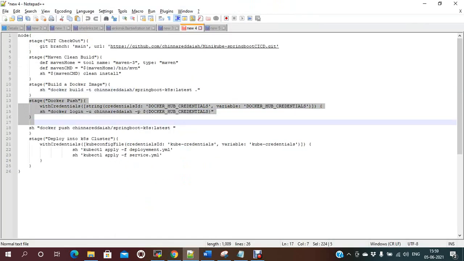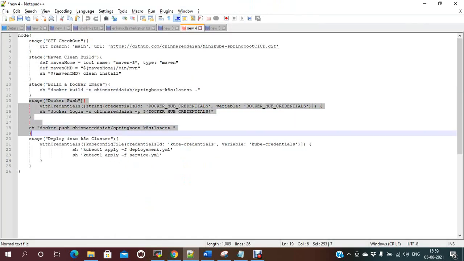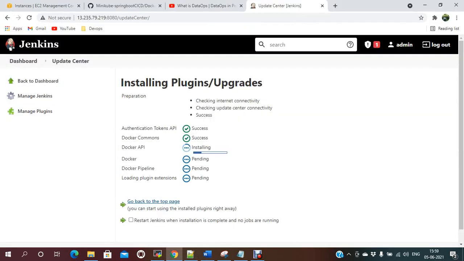Now the next stage is the Docker API authentication token, which will be generated in Docker and Docker Pipeline.